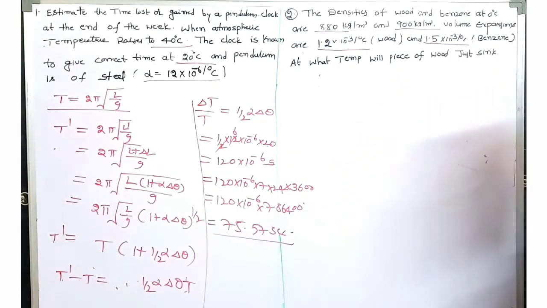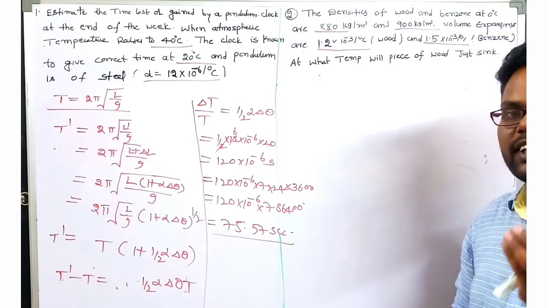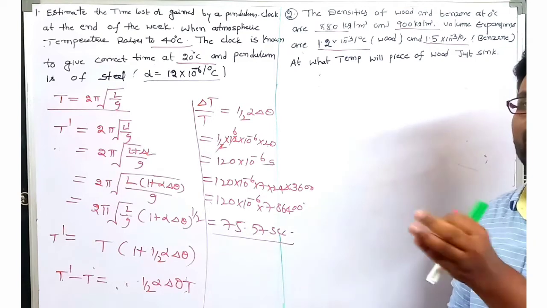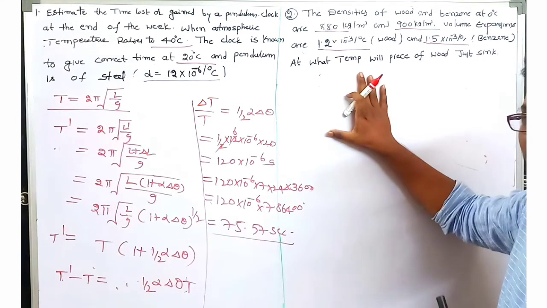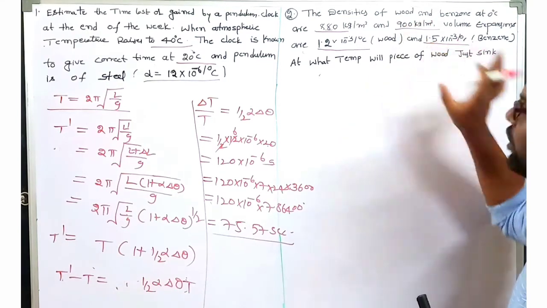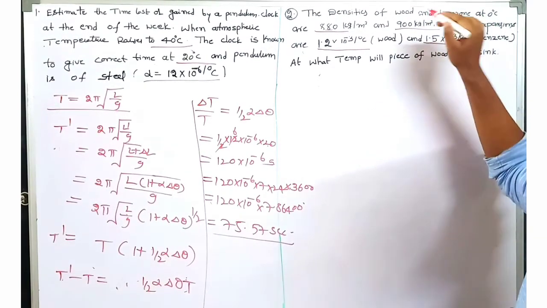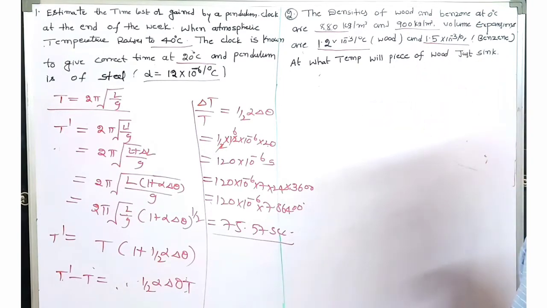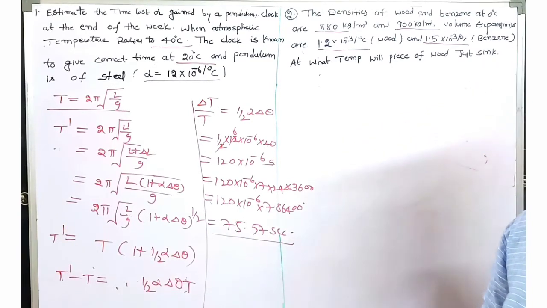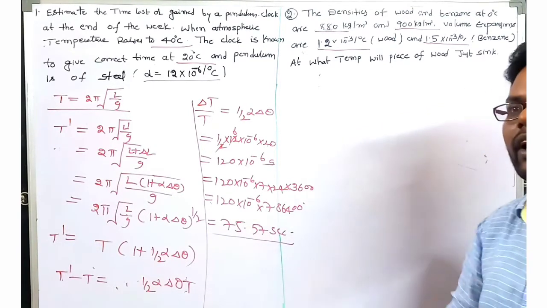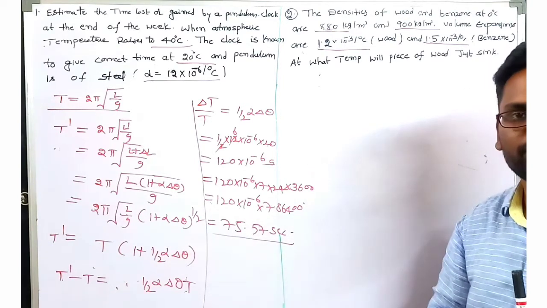So here we have a condition. It will sink when the density of the wood is equal to the density of the benzene. If you raise the temperature of the benzene and wood system, the volume is going to expand, for both wood and benzene. Volume is inversely proportional to density. So at one point, both densities are going to be equal.